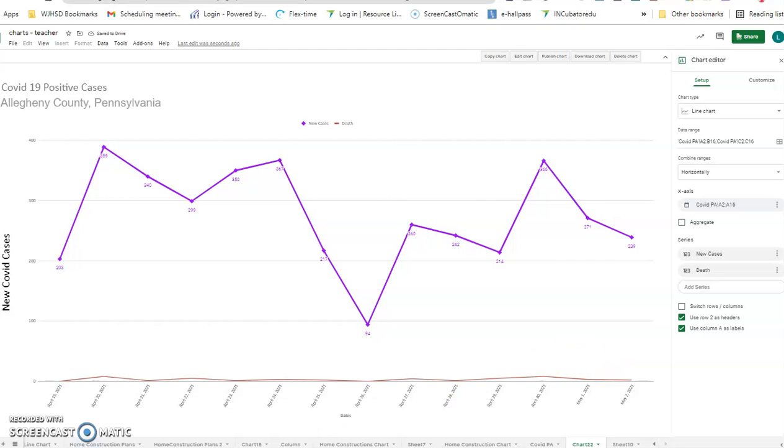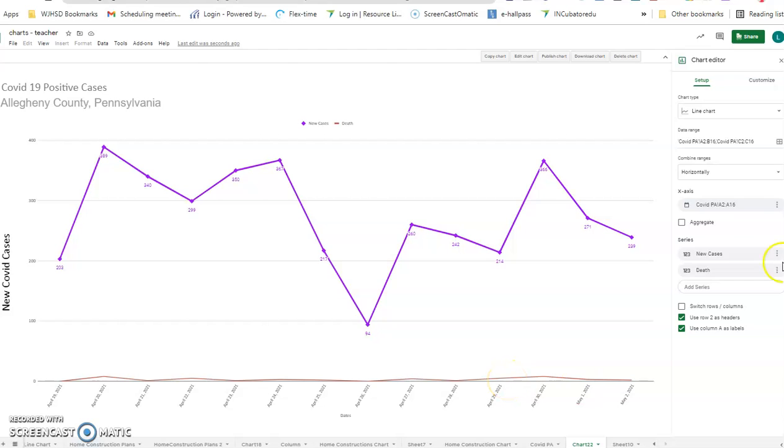And you might think it looks wrong, but it's not. Because the new COVID cases are such a much higher number than the deaths, it looks odd. So yes, this is my 0 deaths and my 8 deaths, but this is on a scale from 0 to 400 because both of these are being plotted on this left vertical axis. So what I can do is add a secondary vertical axis over here so the numbers are different